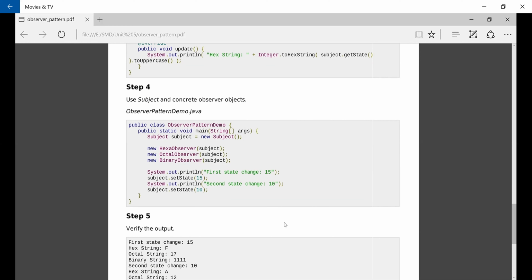System.out.println first state change, that is 15. subject.setState(15), so the number 15 is passed.